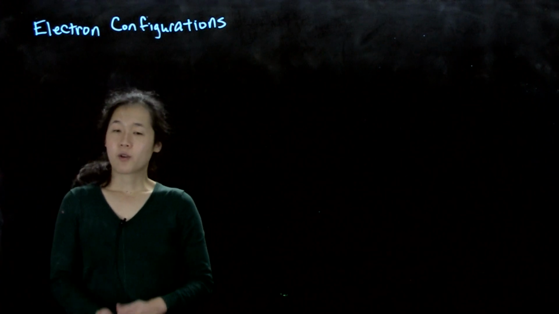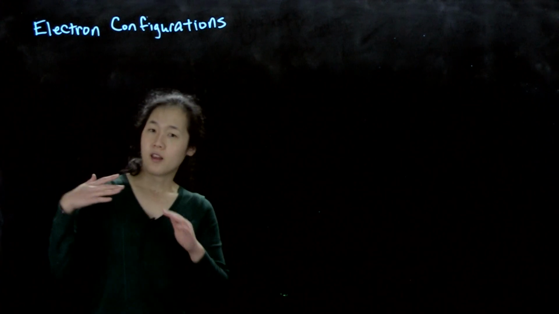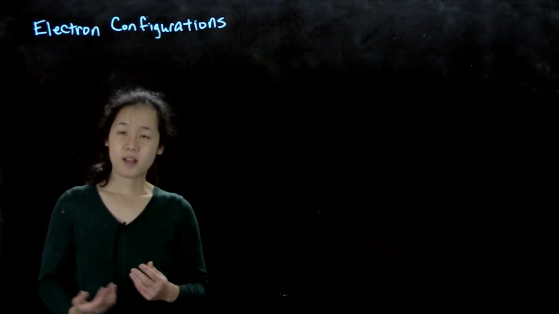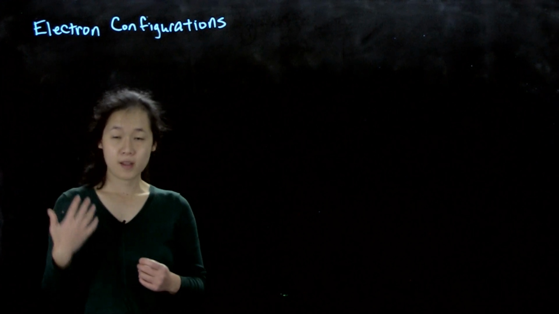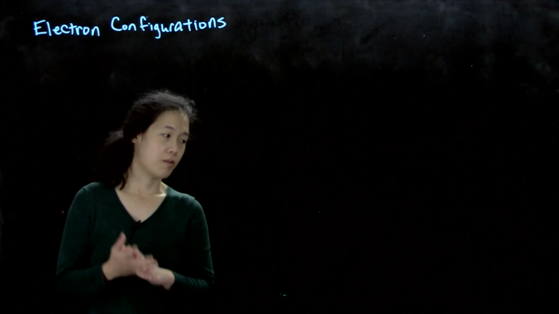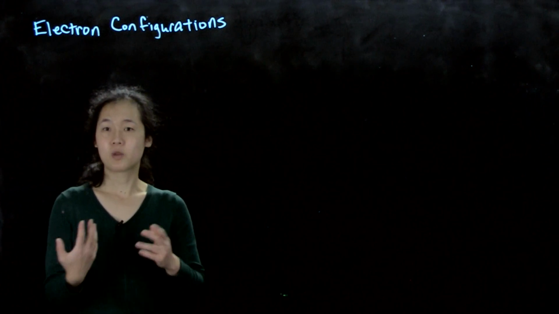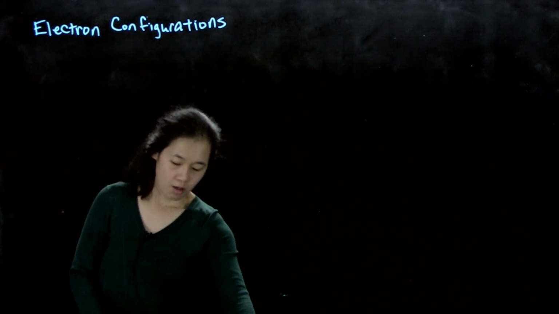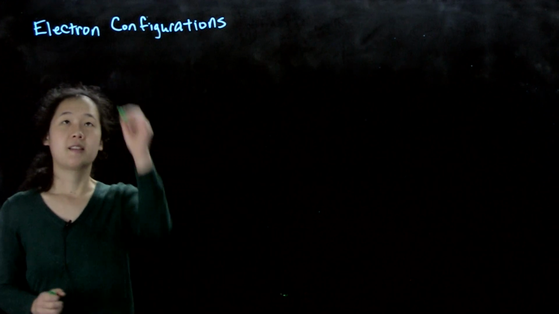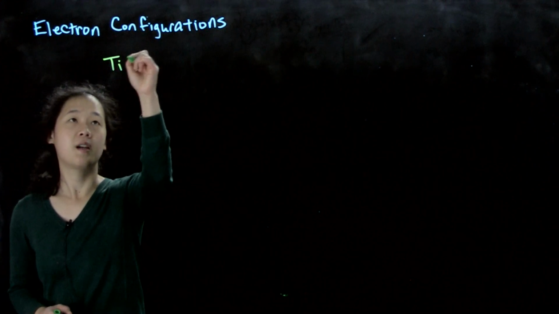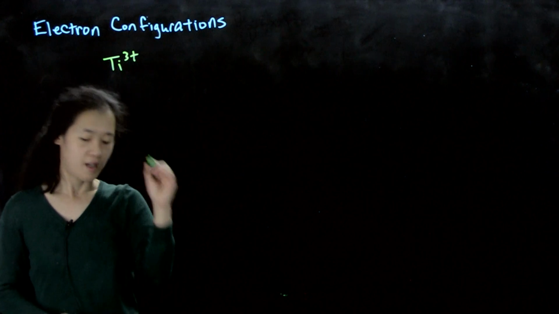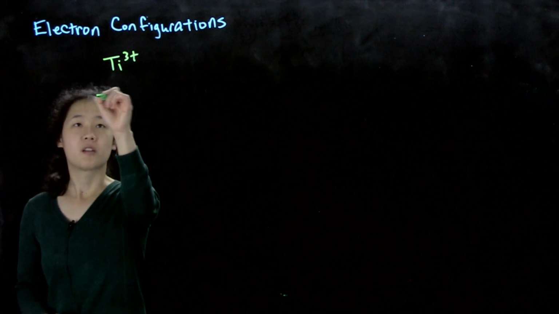So in class last week, we were talking about excitations. So spectroscopy, and when we were doing UV-vis spectroscopy, we're exciting one electron from one orbital to another, and then that absorbs energy. But when we're talking about transition metal ions, last time we said that if we're comparing titanium 3+, octahedral, for example,